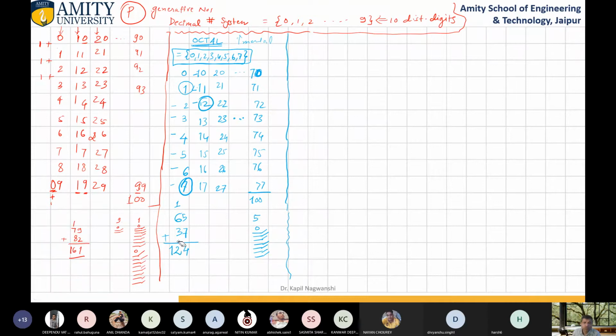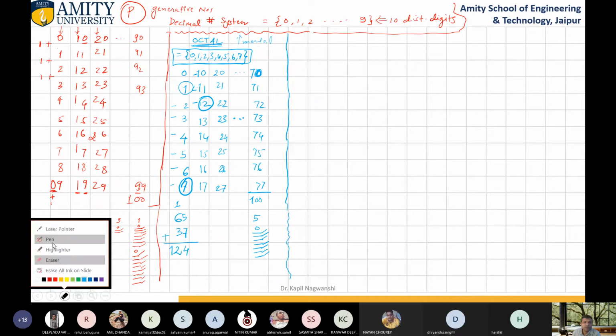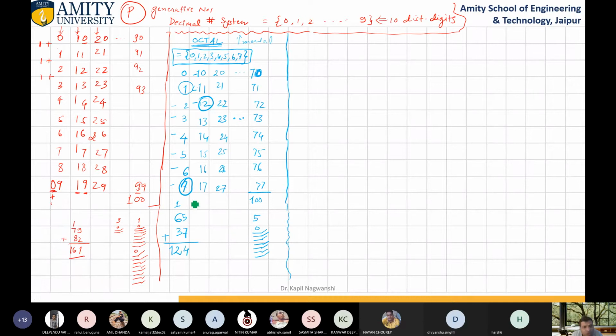And now let me show you by the method of counting also. Pen in some other color. Let me choose green. So first number is 1. This is carry 1. So 1, 1, 2, 3, 4, 5, 6. 1, 2, 3. Okay. 1, 2, 3, 4, 5, 6, 7. 7 is the biggest number. After that 10 will come. 10, 11, 12. So this is the answer. Now got it? How do we add?